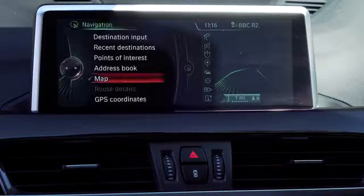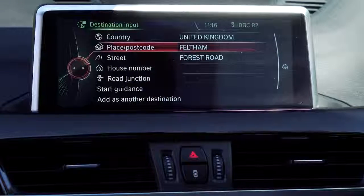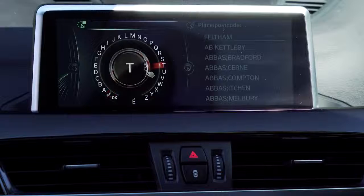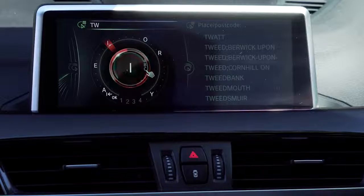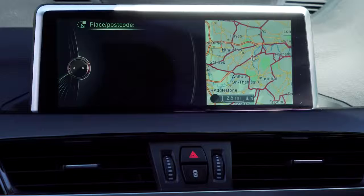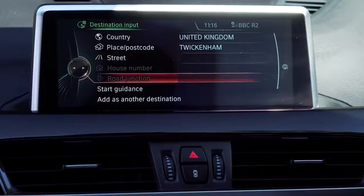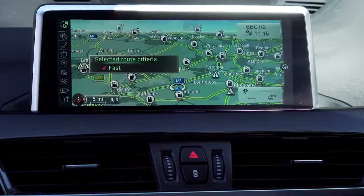So if I press the nav button again, I'm going to go to destination input, and I'm going to select our offices in Twickenham. So if I go to TWI, there we go, it's found Twickenham already on this list. And I'm going to just aim for the centre. If we start guidance, we should get...